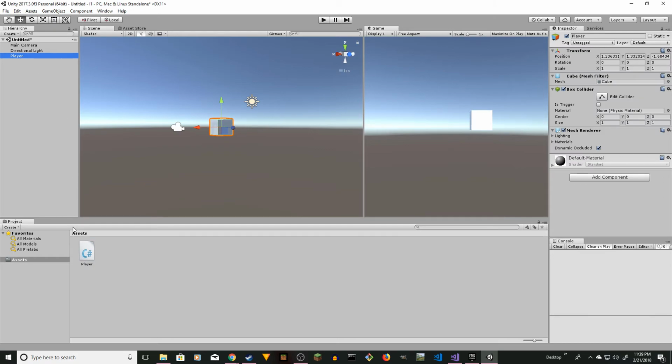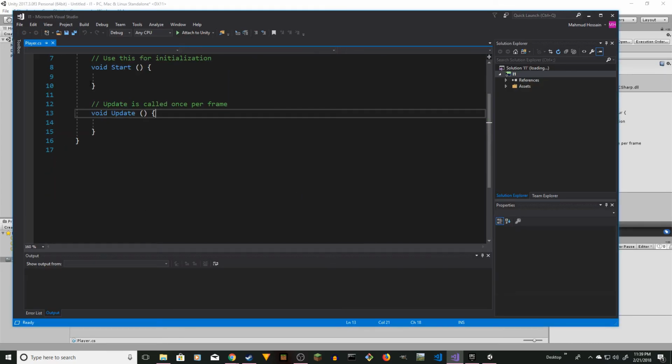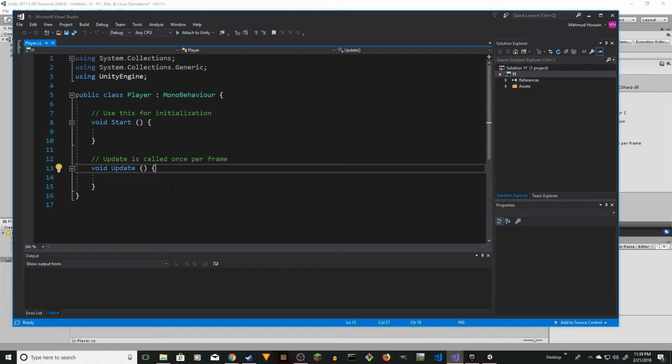Select the player cube and drag the C# player file and add it here. You should see the player script being added here. You can also create it by clicking on add component. So now double click on the player. Okay, so let's remove the void start